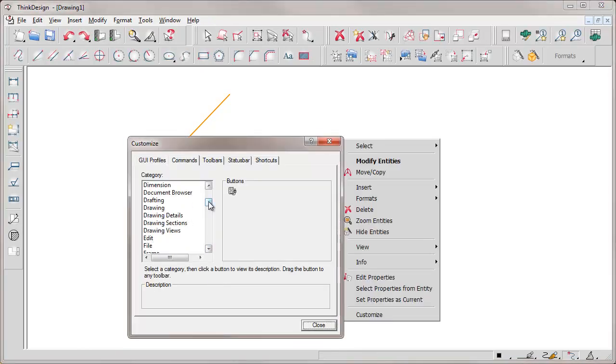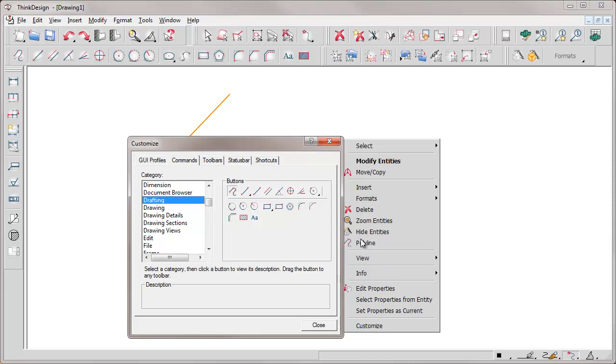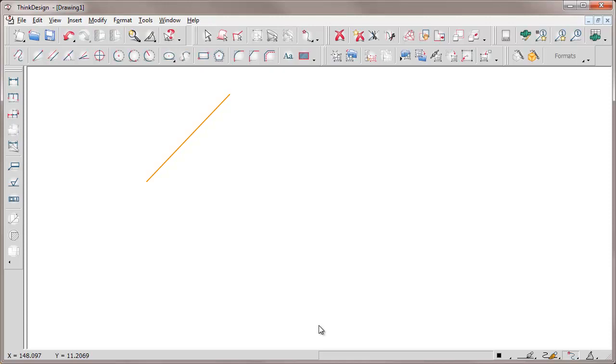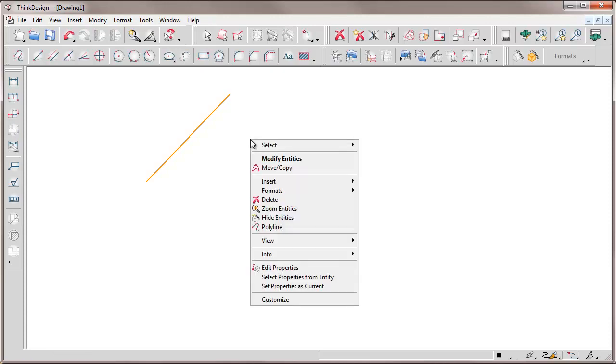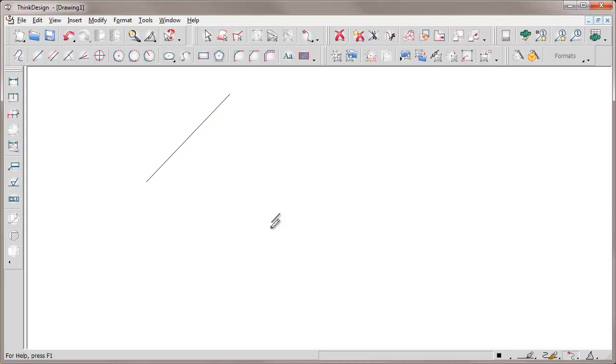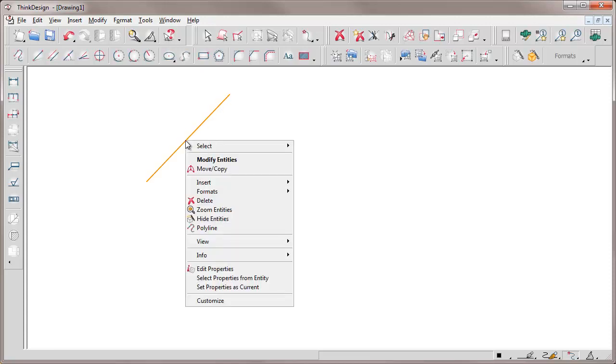By clicking with the selected line, it just shows the new context menu with this modification. We are going to change this one as well. We can remove a button even by dragging it outside the context menu.